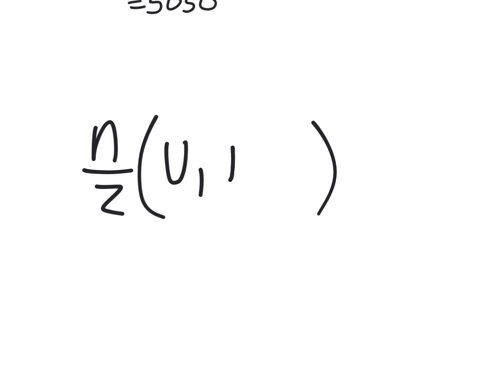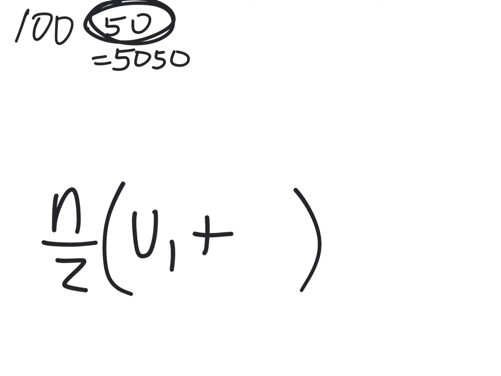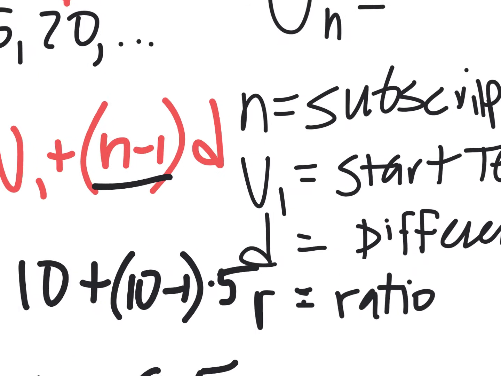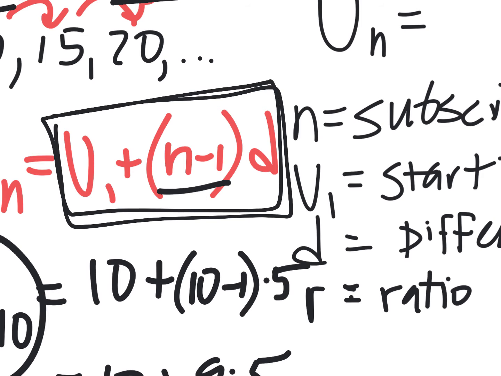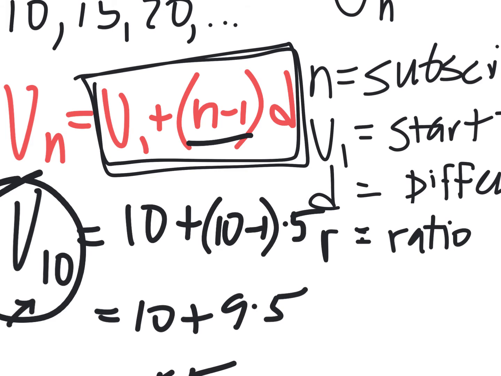Plus the last one, but the last term is the most complicated thing. The last term is going to be u, that's from this, that's the formula for the last term, okay, which is the starting term. So that's u sub 1